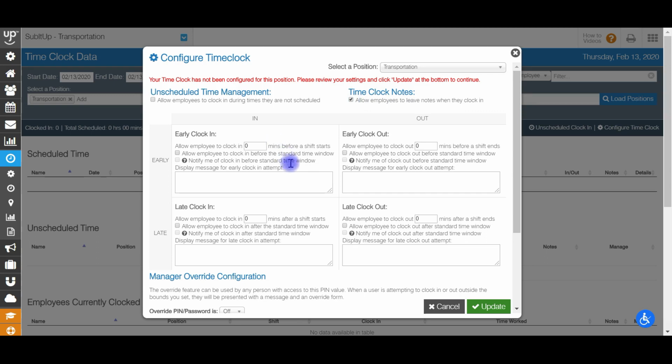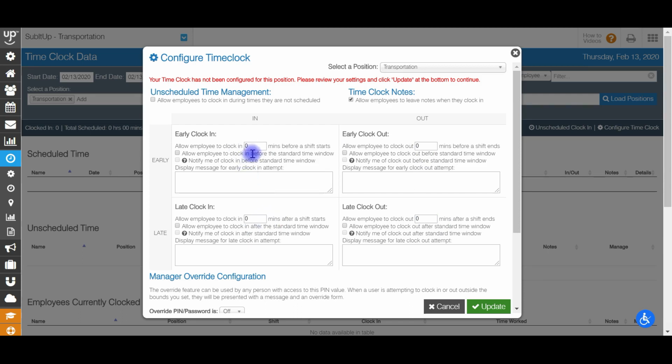The next 4 boxes down below are critically important because they're going to directly relate to when your staff can clock in or clock out. In these values here, you're setting the maximum amount of time an employee can clock in early, clock in late, or clock out late. Now, these values cannot be blank, so there has to be a number listed in